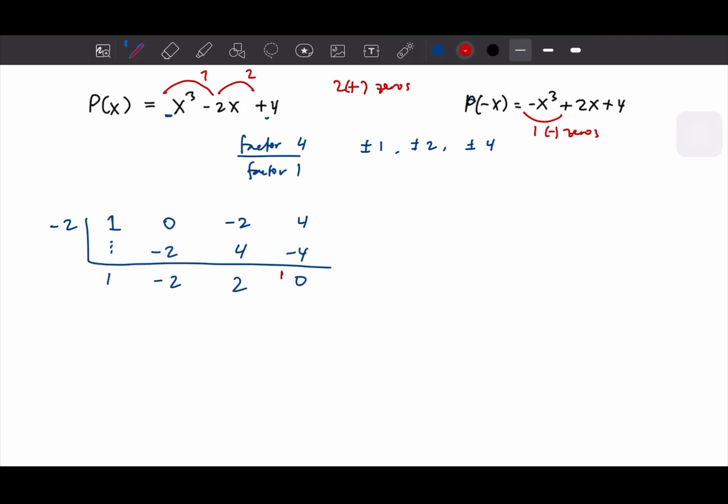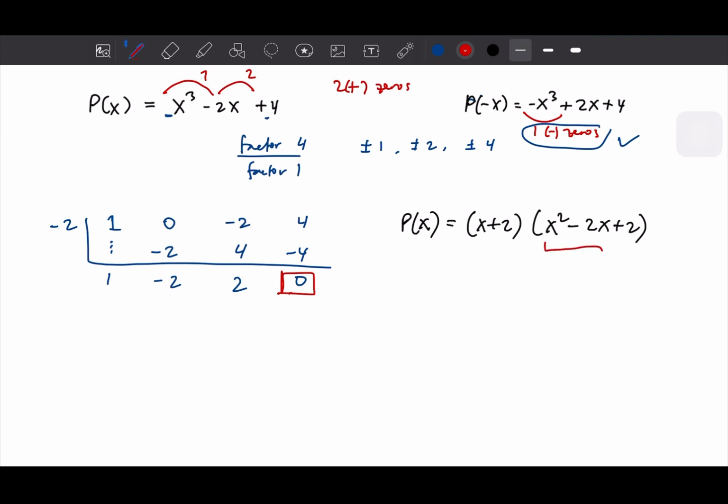Okay, it's zeros. So this one is true, right? And we could write down that p of x is equal to (x + 2)(x squared minus 2x plus 2). Okay. And of course, if you see the definitions, this definition is